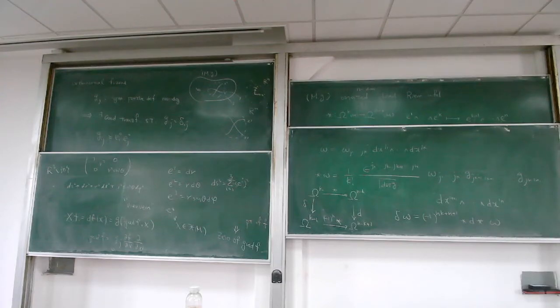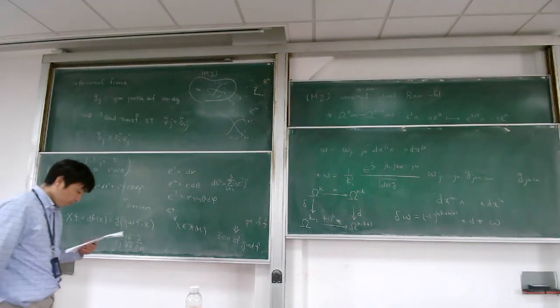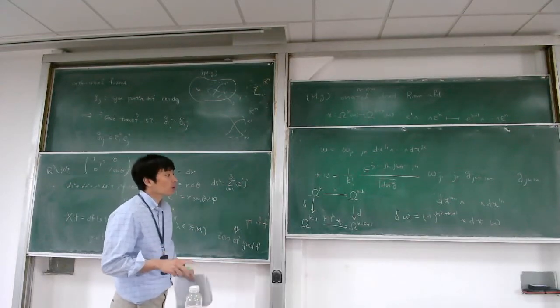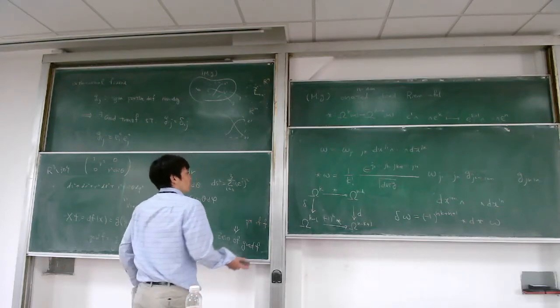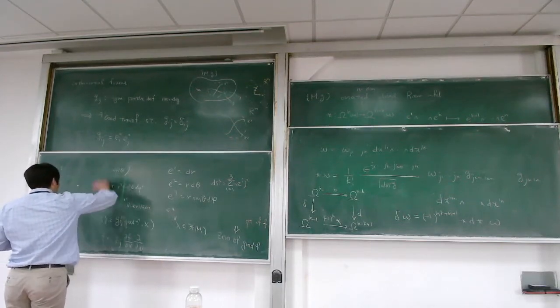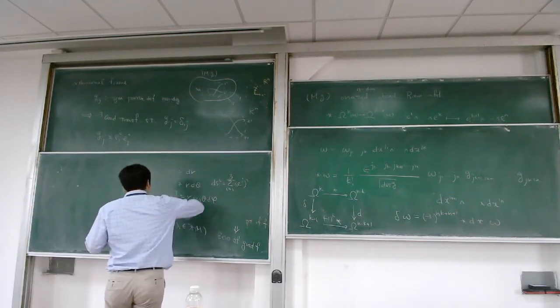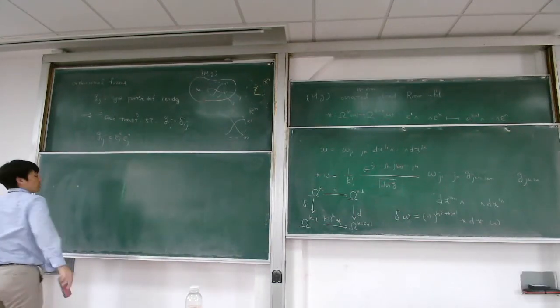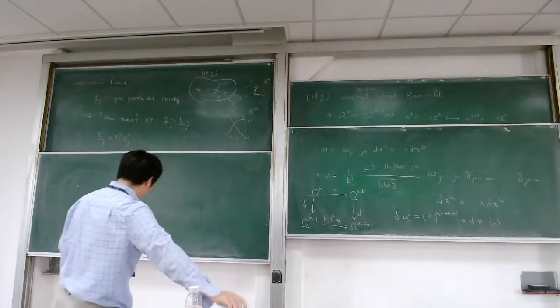So this is the object we want to consider. Then, if you use the standard property of the Hodge star and the exterior derivative, one can easily show that the